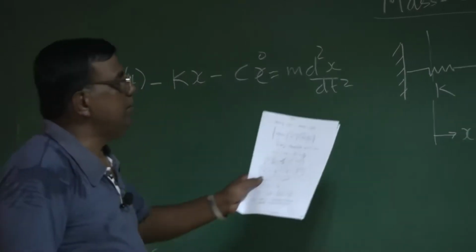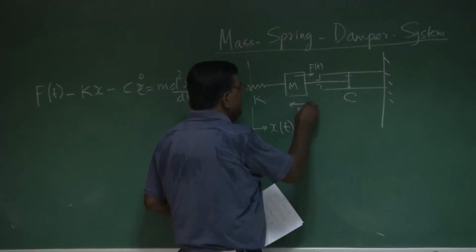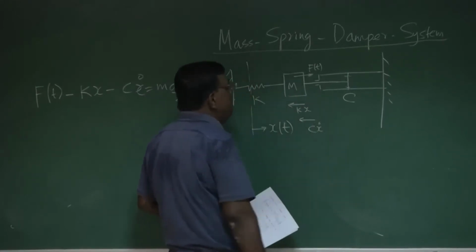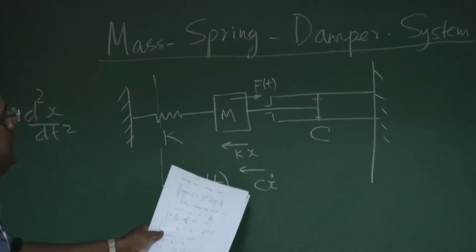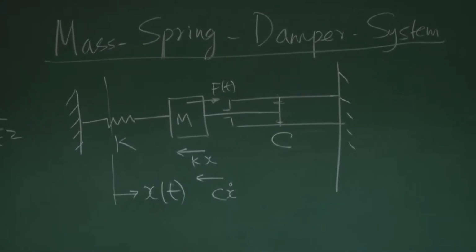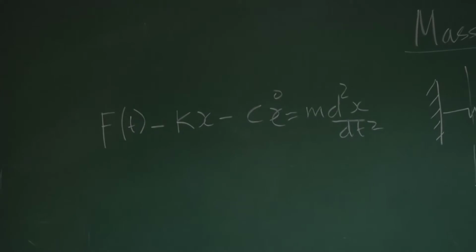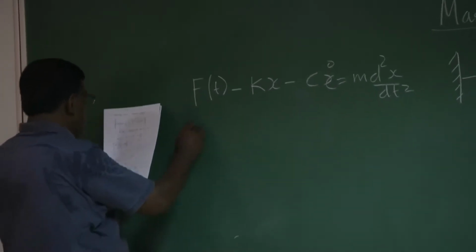right? Because if I am stretching the mass like this, there will be force kx, there will be force c x dot. I am assuming linear damping. So naturally, net force will be f of t minus this. That will give us a resultant acceleration m d square x by dt square. No issues, Newton's law. Okay. This I can write like this: